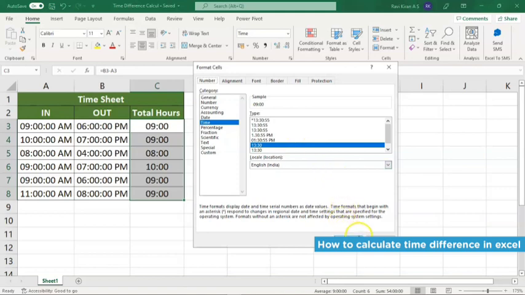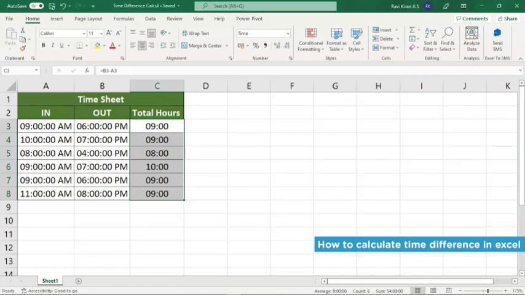using Excel. Now with that, we have come to an end of this tutorial on how to calculate time difference